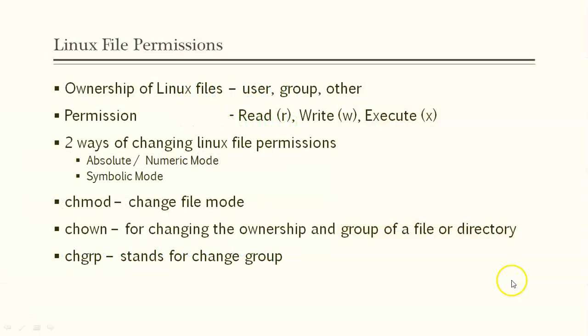So in this video, we'll be looking at how to change the Linux file permissions. And I'm very sure all of you might have followed my previous video based on the Linux file permissions. That's video 1 for Linux file permissions. And we have clearly observed that every file or directory in Linux will have an ownership, and that ownership is given to either the user or owner, or the group, or others. And every file or directory will have a set of permissions called read, write, and execute. So this is very important.